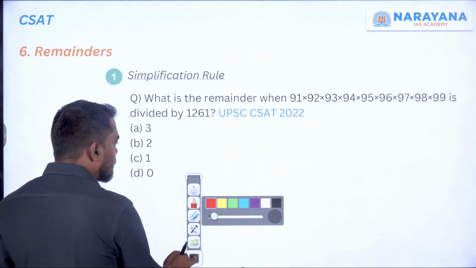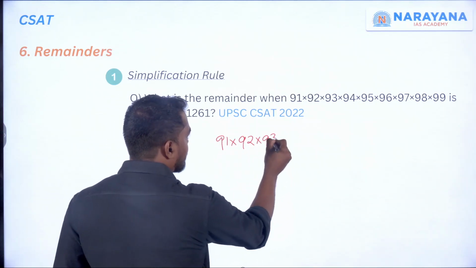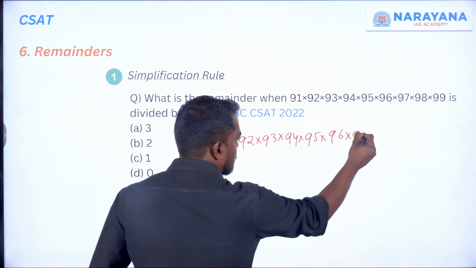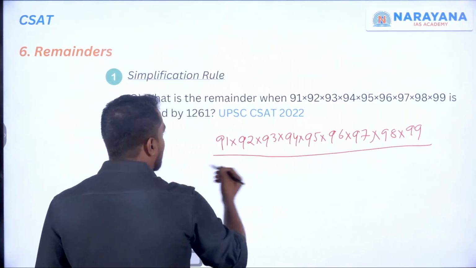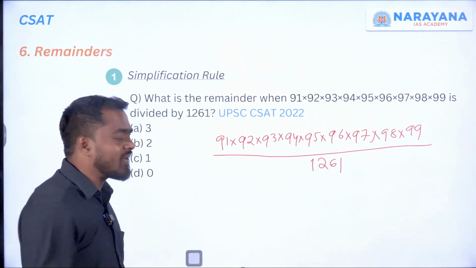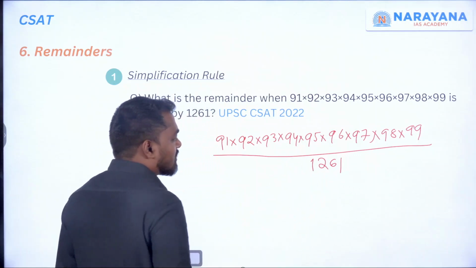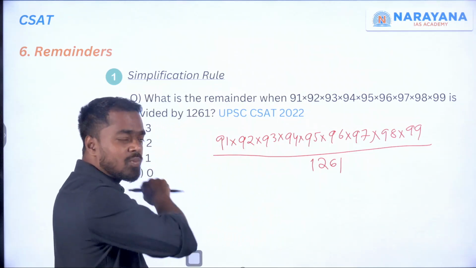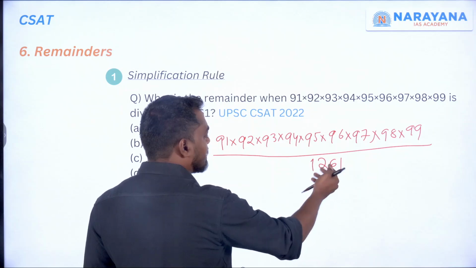Okay, let's solve this one. What is the given expression? 91, 92, 93, 94, 95, 96, 97, 98, 99 divided by 1261. Always check whether there is any common factor between the numerators and denominators. So if you check 1261, it is not divisible by 2, 3, 1 plus 2, 3, 3 plus 6, 9 plus 1, it is not divisible by 3, not divisible by 4, 5, 6, 7, 8, 10 is also not